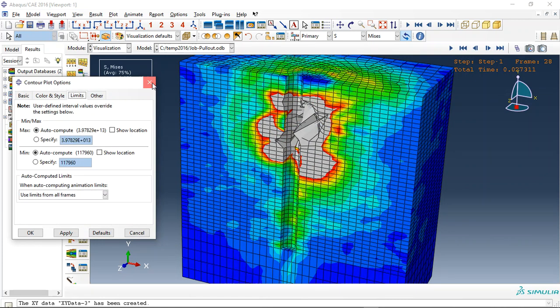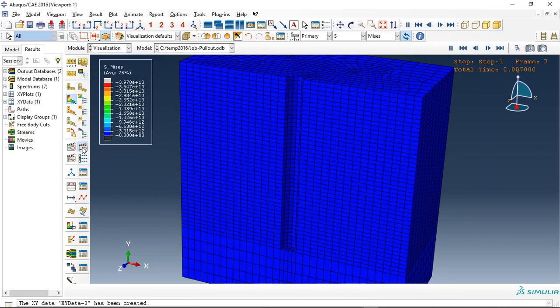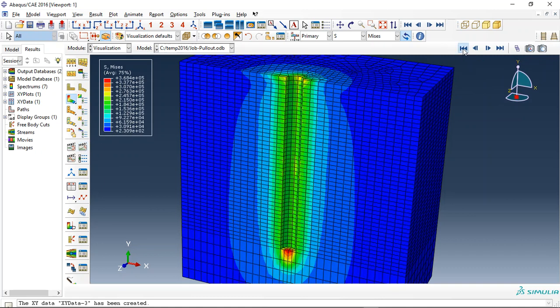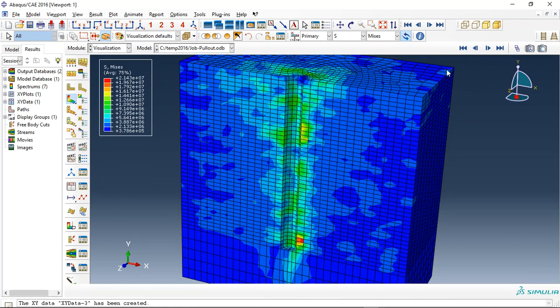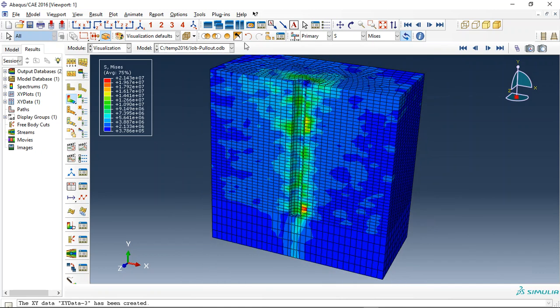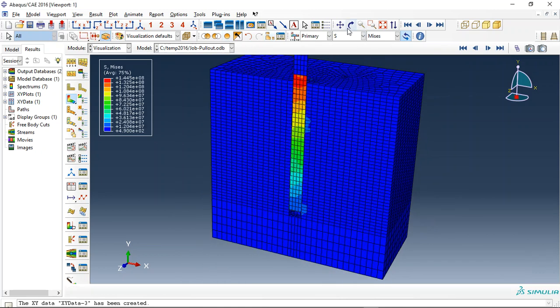And let me click on animate. See the stress. At the end, the failure happened. This means failure completely. And also the steel bar,